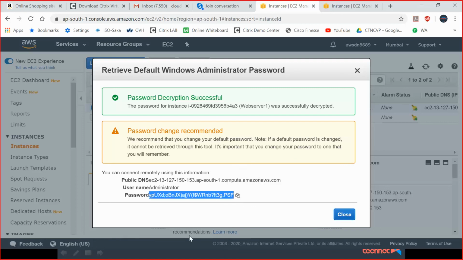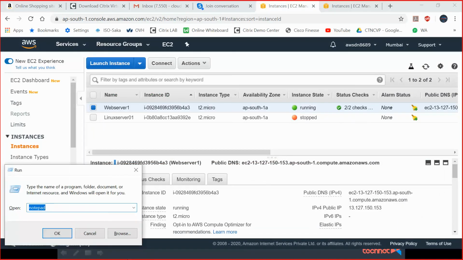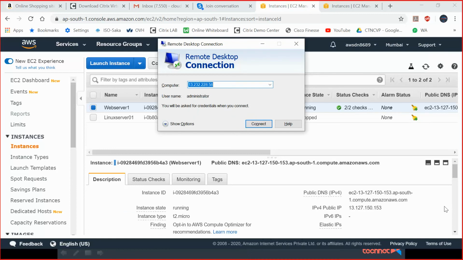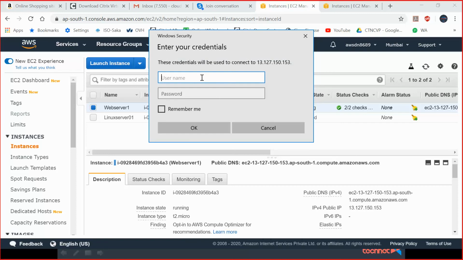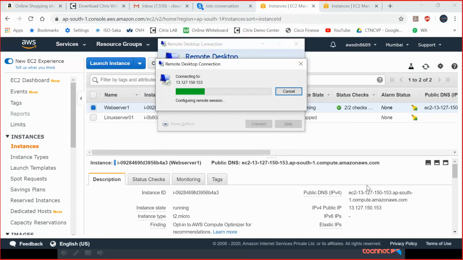Copy, close it. Go to run, mstsc. The IP address is 13.127.150.153. Administrator, password, login. Yes.